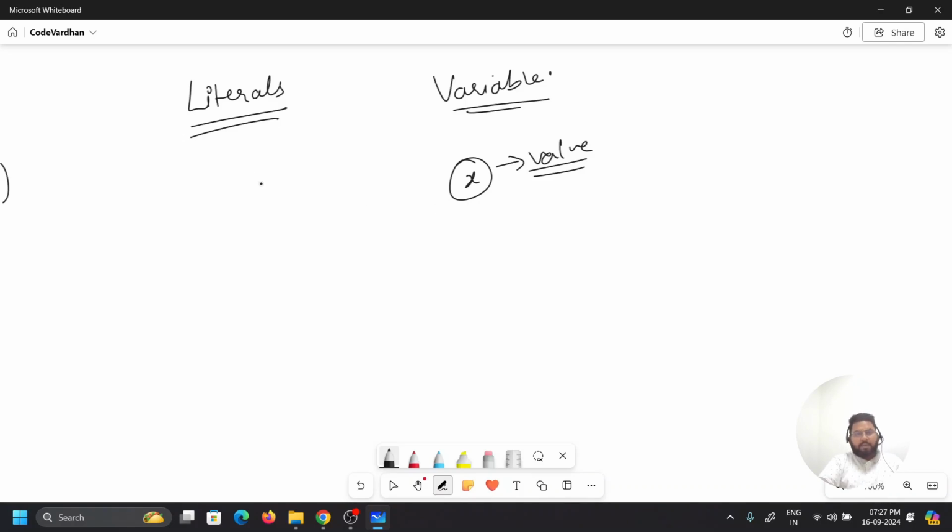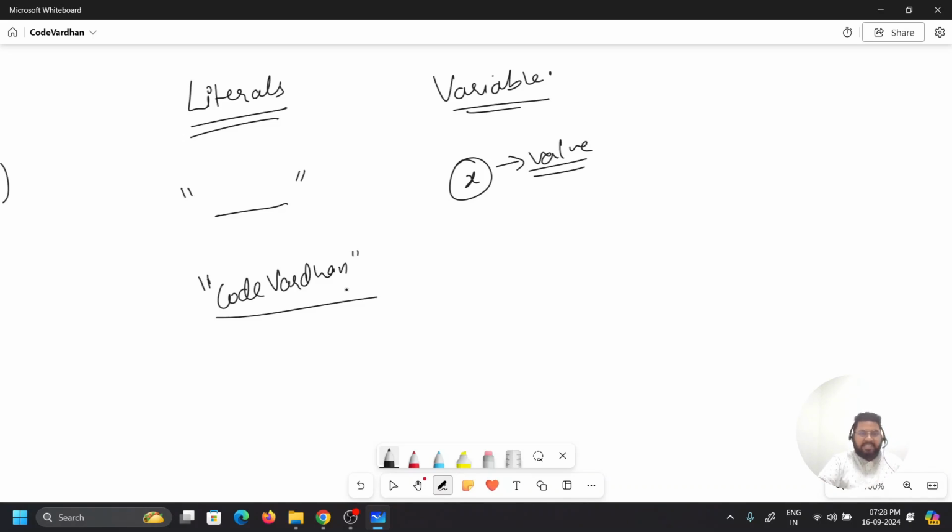Very clear. Now, what are literals? Literals are some special type of line, word, or sentence that does not require any type of processing. Whenever you write anything in double quotes in our program, for example, if I write double quote and then CodeVardhan, nothing will happen.